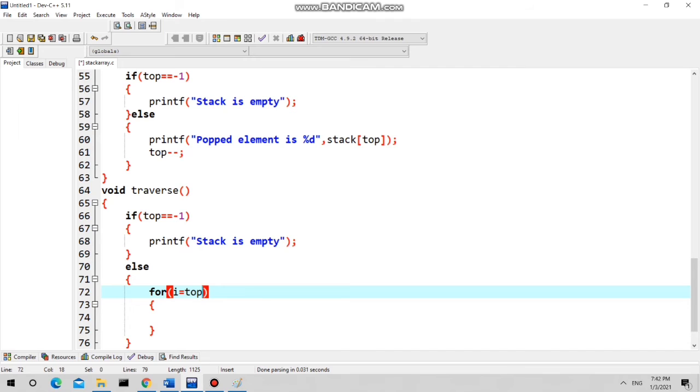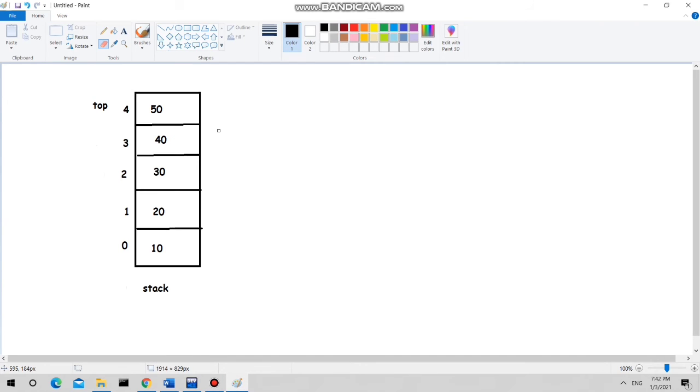So i equal to top, that is i equal to 4 right now. First I'm going to print 50, then 40 below 50, then 30 below 40, then 20 below 30, and then 10 below 20. So from top I am starting.